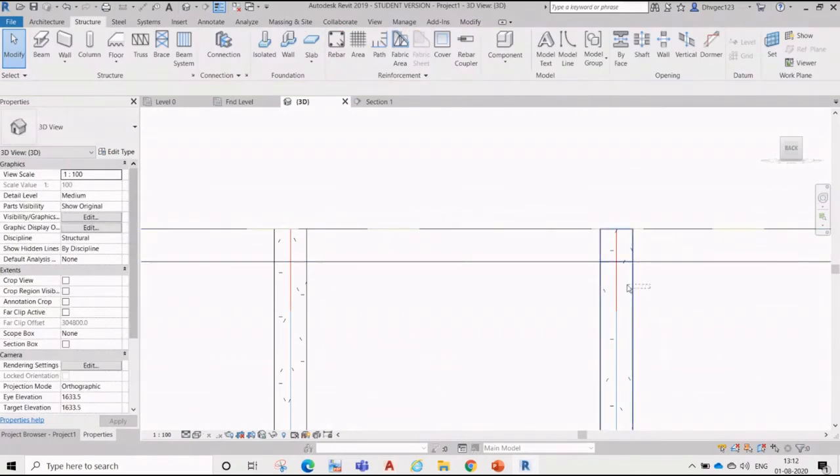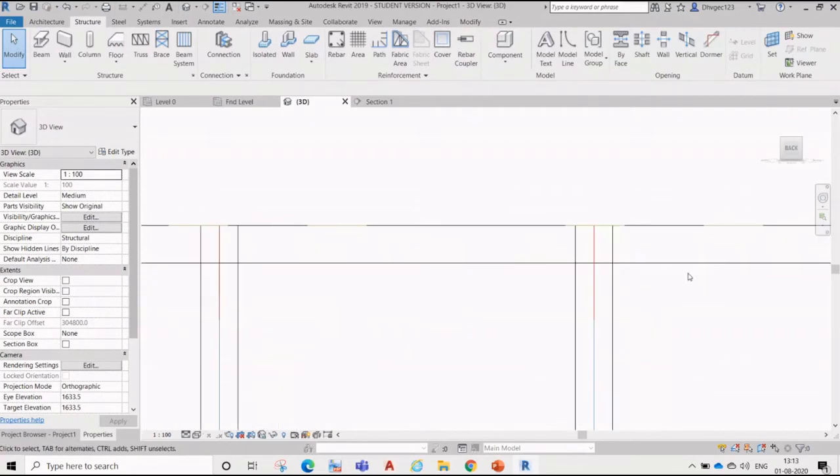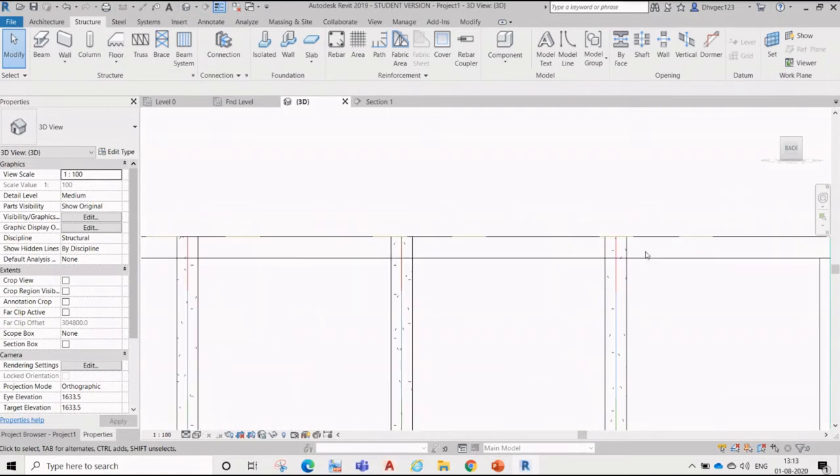Like if we talk about steel structure, what will happen? The column will go from here to top straight, and then we have a connection with the beams, and then we have a beam system, and over the beam system we have either a concrete deck or a steel deck. So